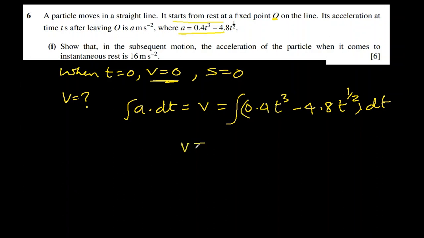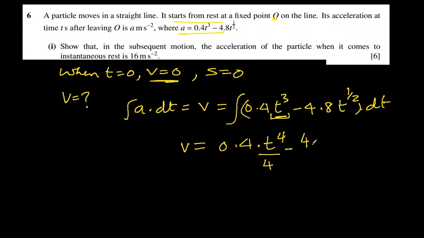So velocity equation will be 0.4 and t cube. 0.4 is untouched because it's multiplying. Whenever a constant multiplies with some variable, do not integrate this, just keep it like this. Integrate only the variable part, and the integration of t cube will be t to the power 4 over 4